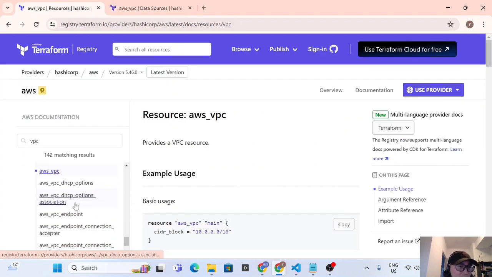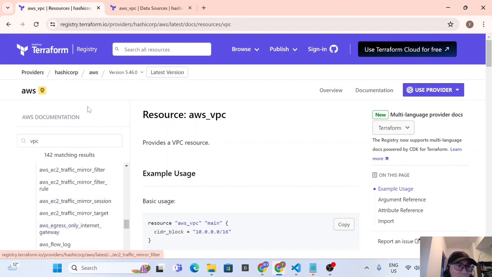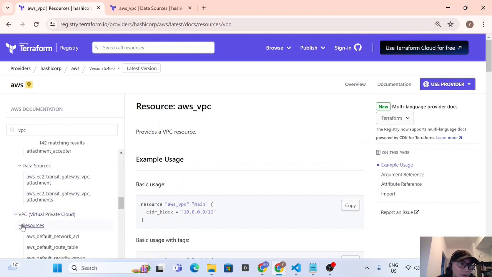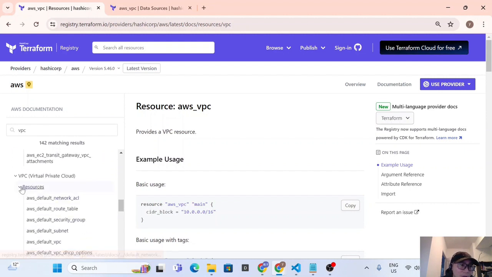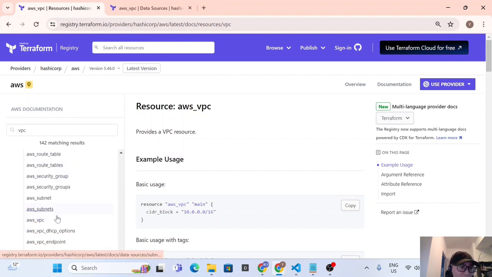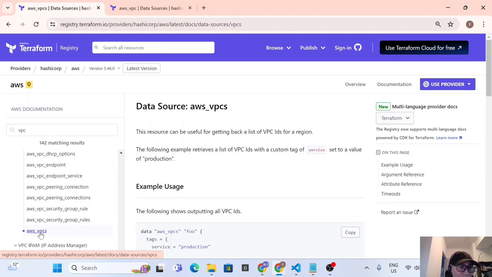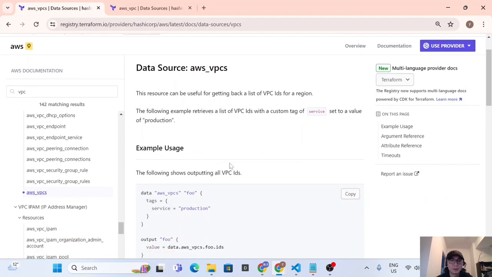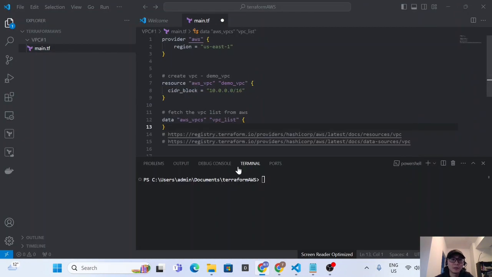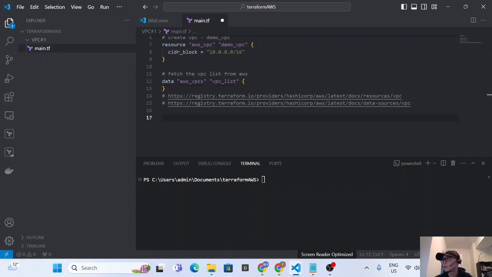So we also come back to here, easier to compare. So here we have resources, and just roll down. There is a data source, and under the data source we can find the aws_vpcs, because it will output more than one, so there's an S. Yes, so we can come back to here, and after we fetch the data,